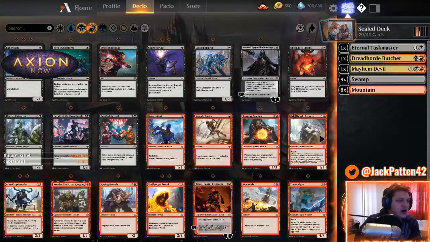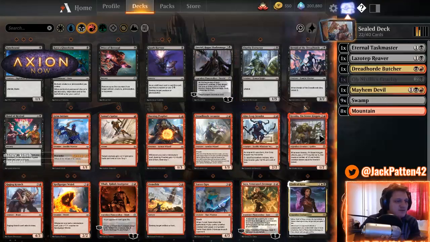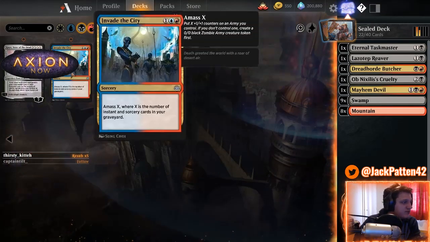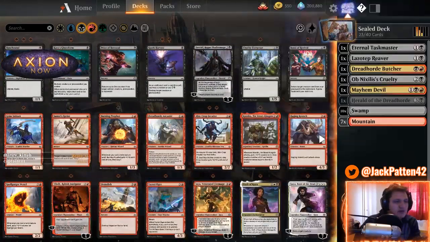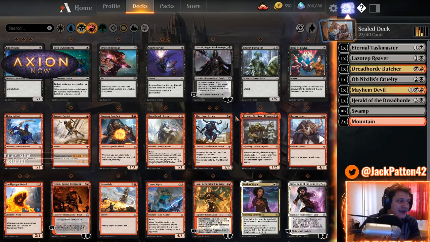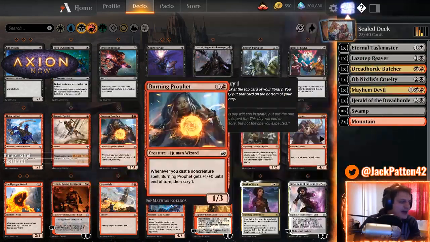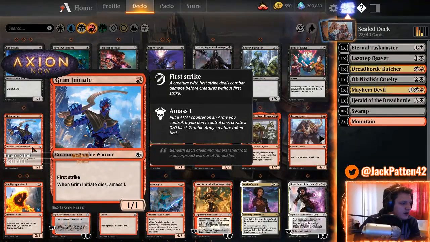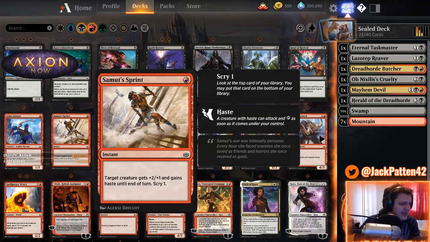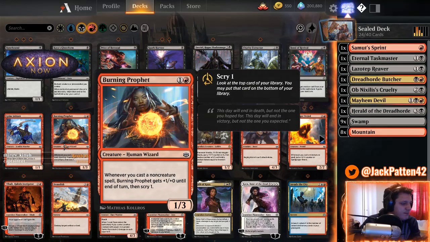It's possible we don't. Reaver, Obnix. That's not good. Harold. No, I was clicking on Harold. Bond of Revival, I feel like, is in a black-green deck, so maybe if we end up green, we'll splash for it. Grim Initiate, 1/1, that when it dies, amass 1, and it's got first strike. The Sprint is fine. Burning Prophet is probably okay, but we'll...